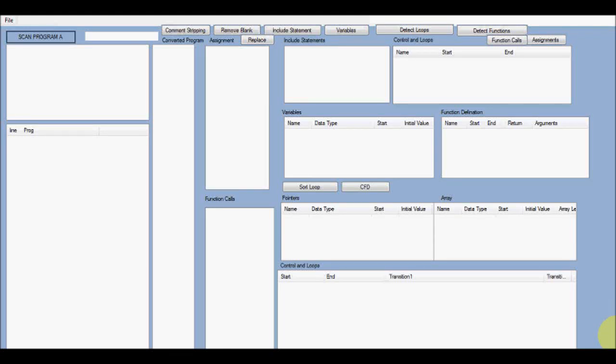Hello and welcome to C program analysis and re-engineering work done in C sharp. So the basic objective of this work is to first scan a C program, remove the comments and blank spaces, then detect each component of this program, say include statements, then variables, then control structure and loops, then functions, and